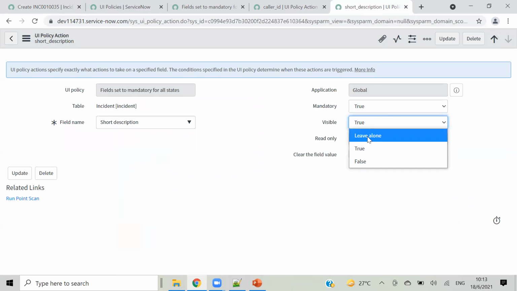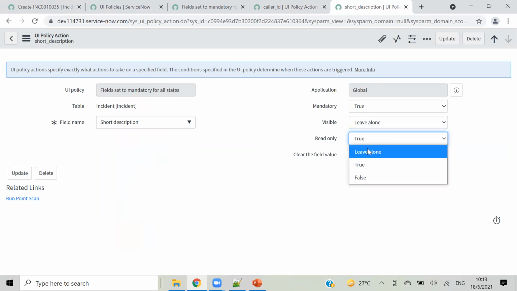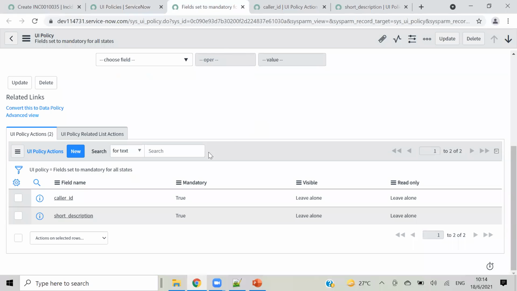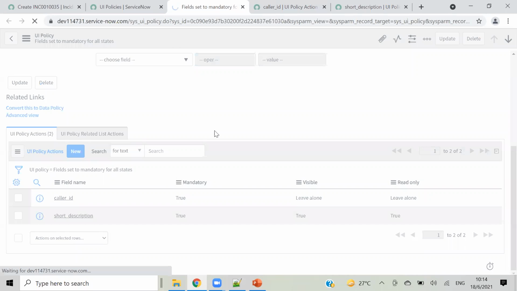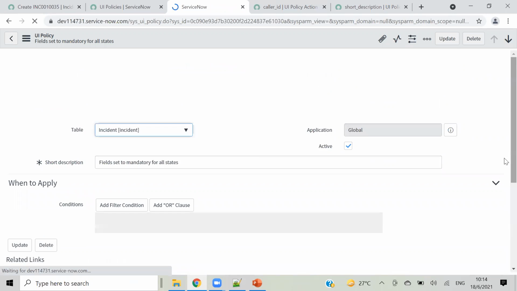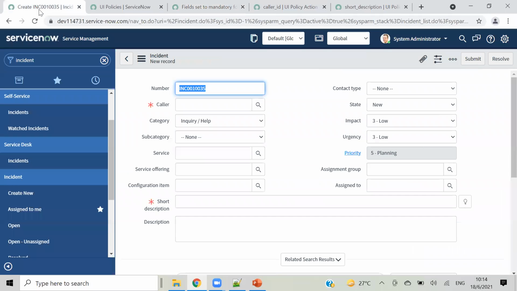Let me leave this as it is and create one more. Reload this, true, and let me try to save from here and reload.